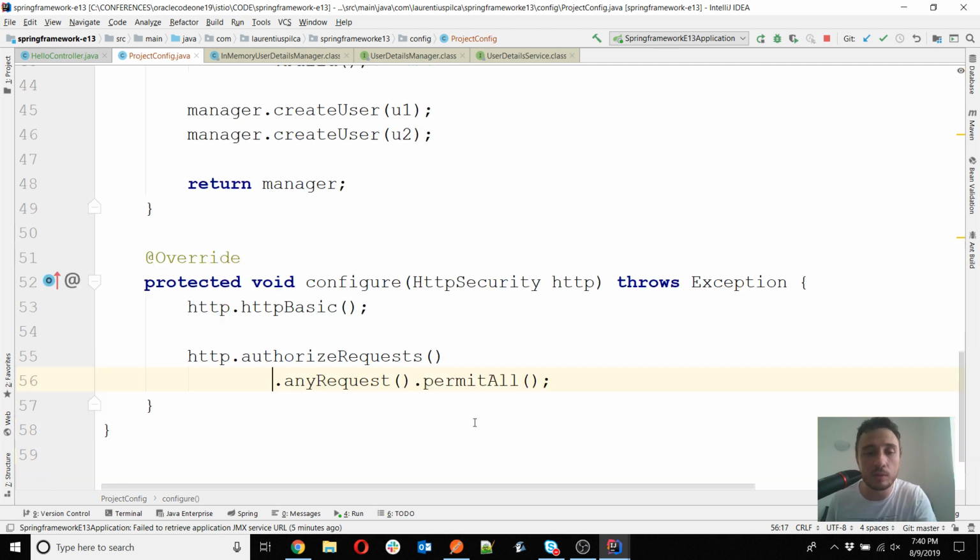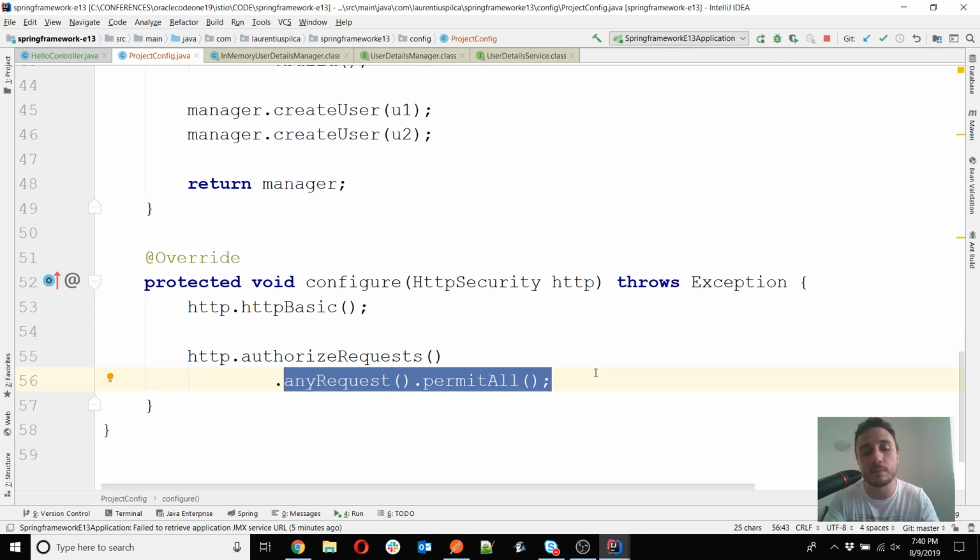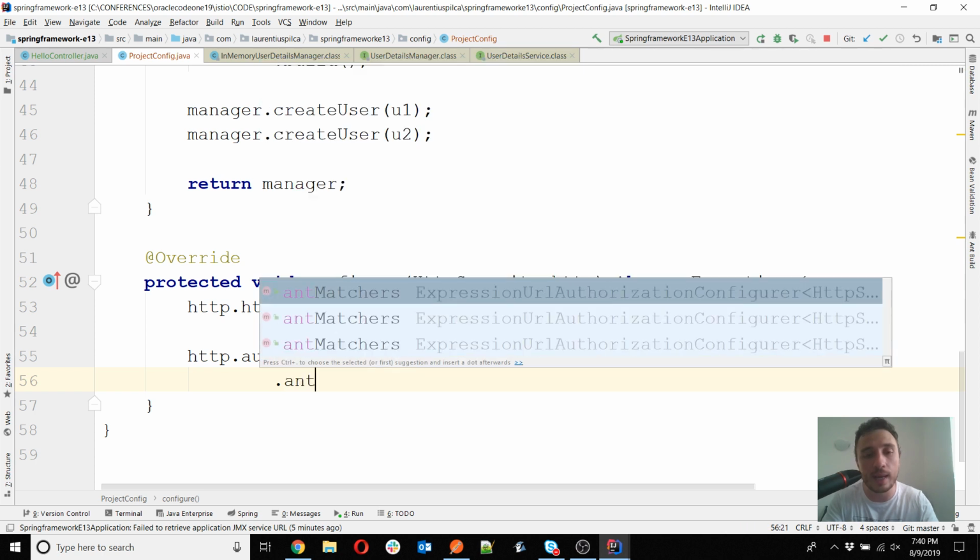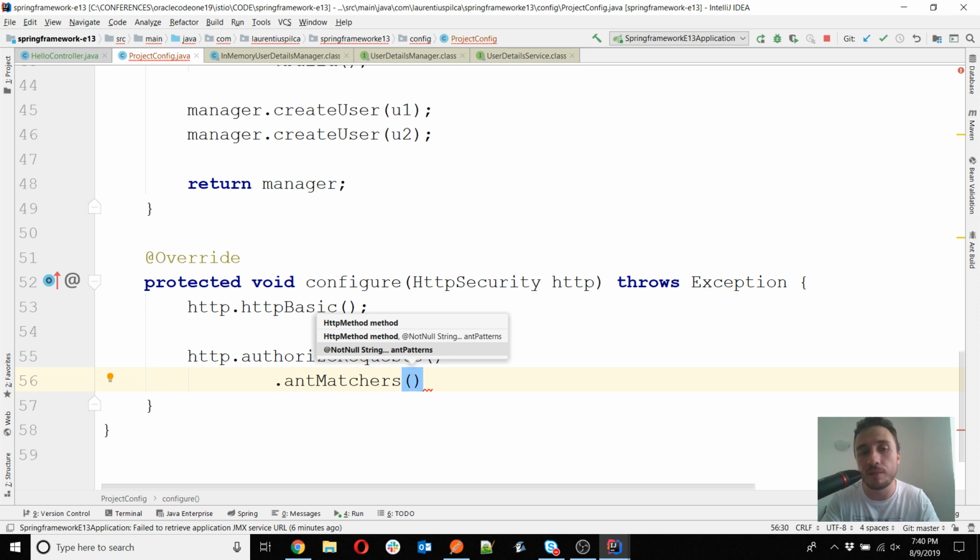And in order to do that, for example, you would rather say something like I want to use an AND matcher, which will allow me to specify an expression that matches on a group of endpoints, and in which I can specify also the HTTP method. For example, if I want to secure only the get calls, or only the post calls, or only the put calls, or only the delete calls. Or maybe I want to only configure authentication on a specific URL type. Doesn't matter which HTTP method I would use, so all the methods and the specific URL, or I can mix